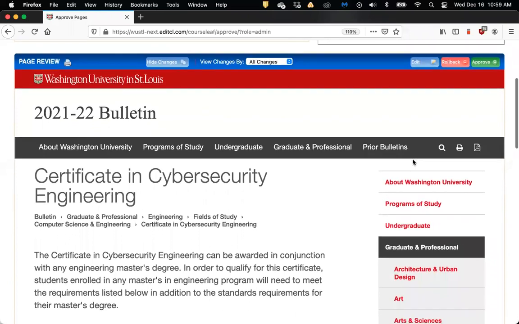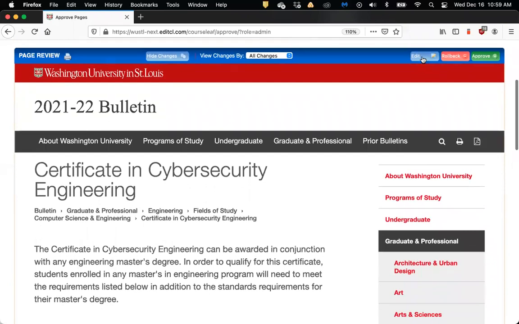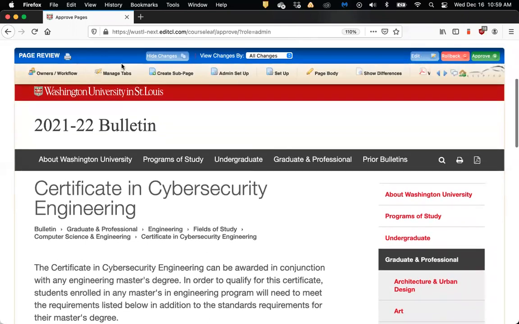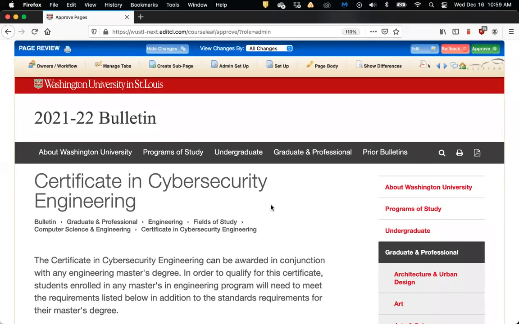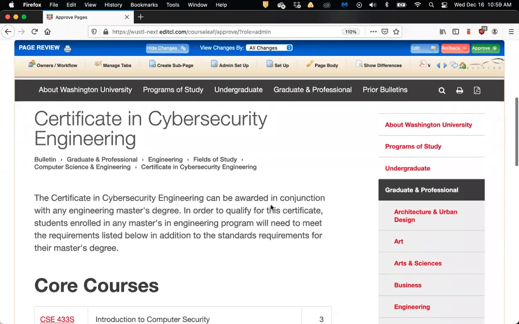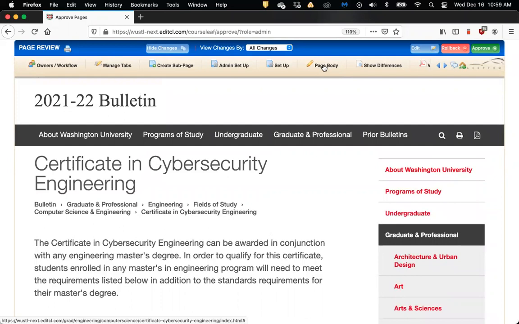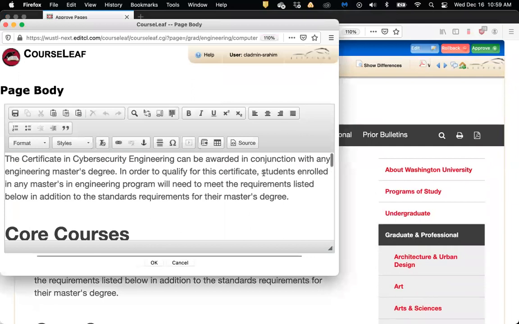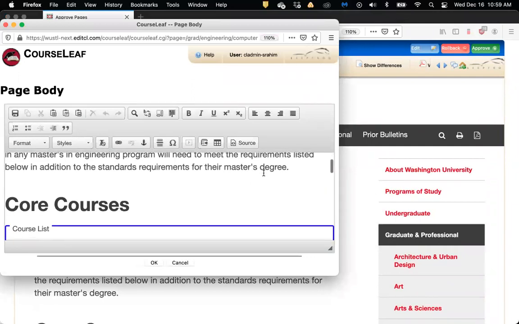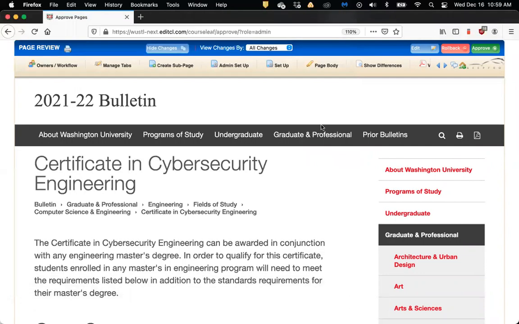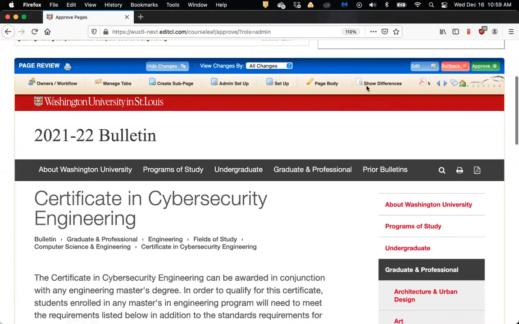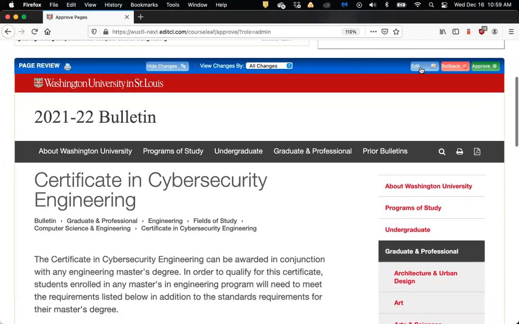Once you click that green approve button, that line item will then disappear. Now you do have the option of clicking edit or rollback. If I click on edit on this page, it's going to open up that toolbar that we talked about earlier. Since this page really only has one interface, there are no tabs, so you can click the page body pencil icon here to open up that page and make any adjustments that you need to. Once you've made any changes, you can click OK, and that's the same thing as save. Then to close the toolbar, you would just click the edit icon again.